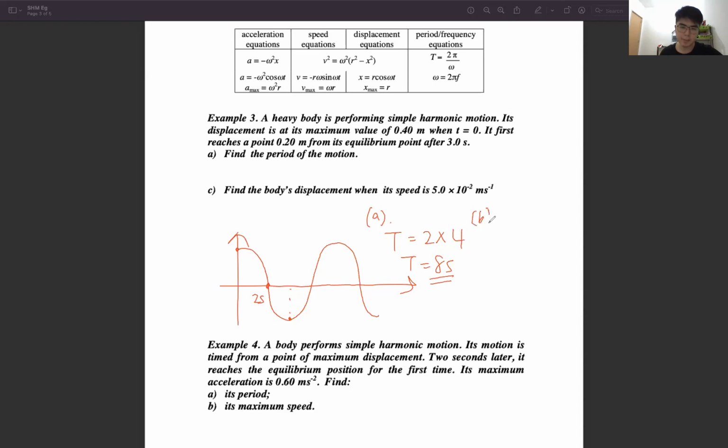B is maximum speed. Okay, maximum speed Vmax. Vmax equals omega r. Again, we need the omega. So omega equals 2 pi over 8, which is 0.785 radian per second. And then Vmax is,